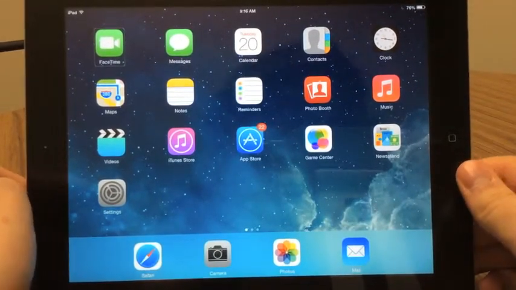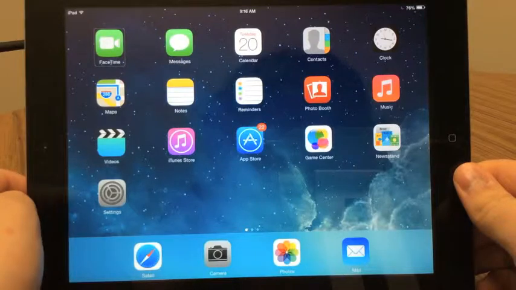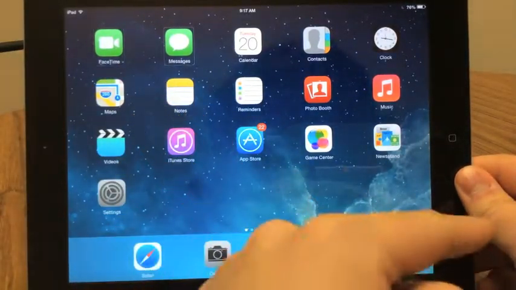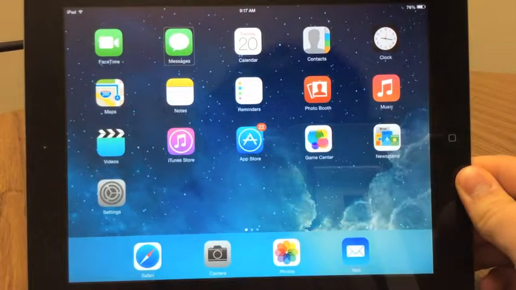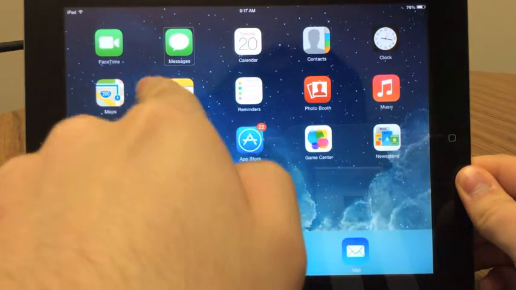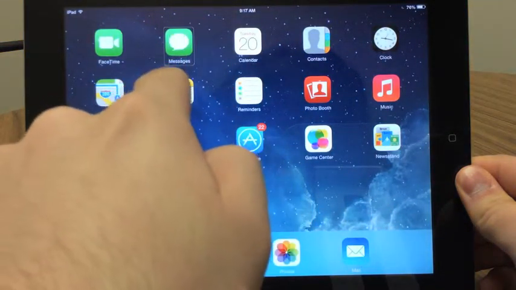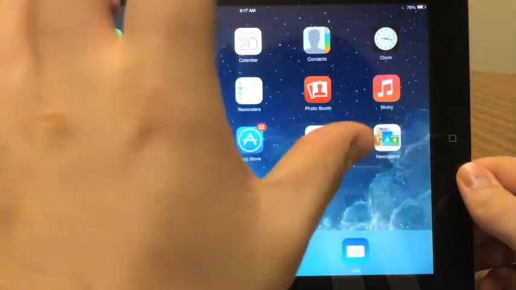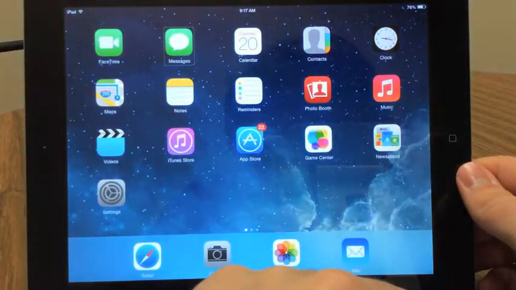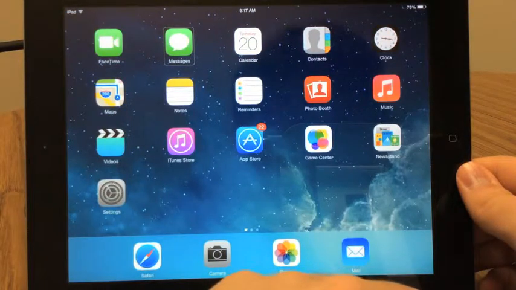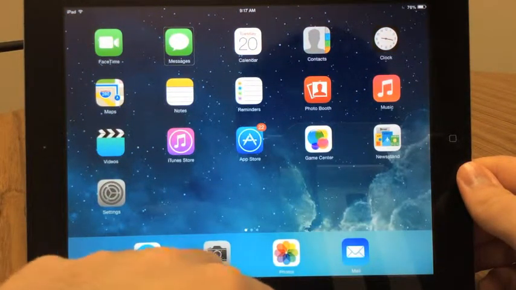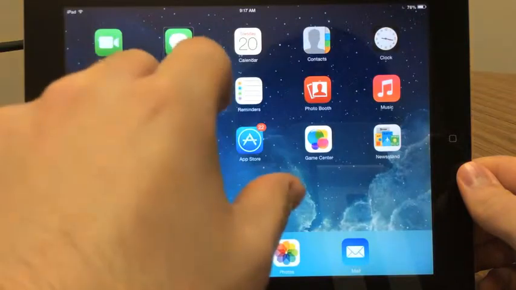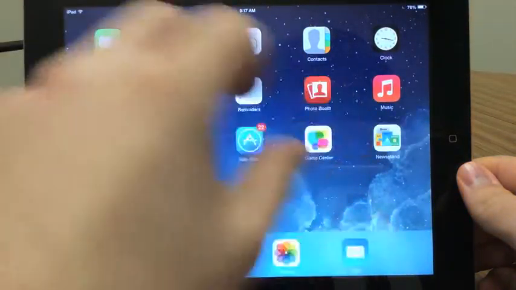VoiceOver on, landscape, home button to the right, messages. So right there, we just heard messages, and as you see, there is a cursor, a red cursor around the Messages app. And VoiceOver is the screen reader for touchscreen devices on iOS, such as iPhone, iPad, iPod Touch, and even on the Mac with the multi-touch gesture touchpad,